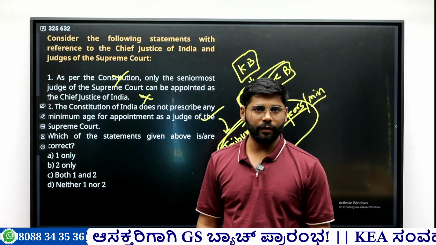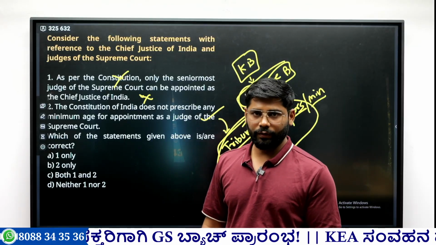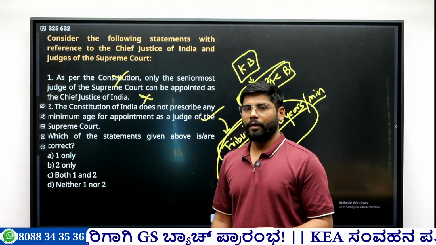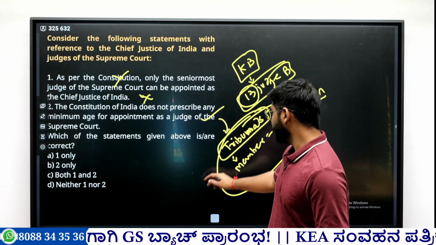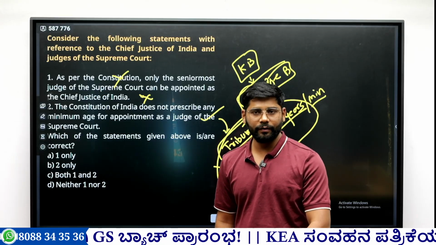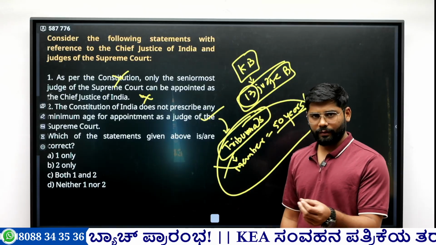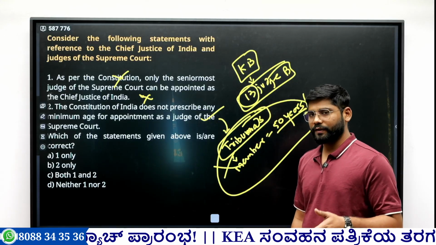they said this is unconstitutional because the Constitution has not laid down a minimum age for the Supreme Court as well as the High Court and for other courts also. So this becomes wrong. The minimum age matter is still pending in the Supreme Court, but the government has implemented this act. But again, the Supreme Court has to decide on that. That time we will see it.